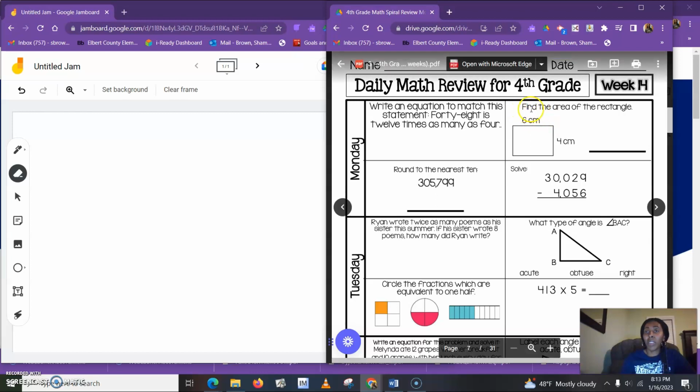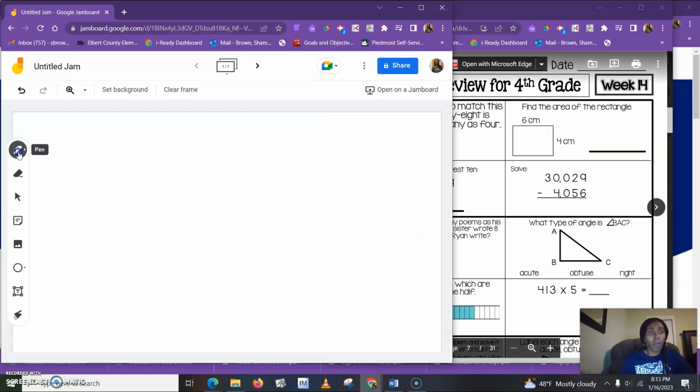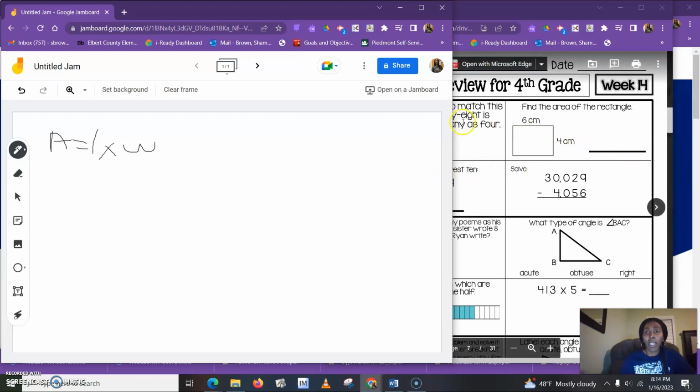Then the next one beside it says find the area of the rectangle, and it gives you the width and the length, 6 centimeters and 4 centimeters. And remember, the formula for area is length times width. So in order to find the area, you have to multiply the length of the rectangle by the width to find the area. And then the next one